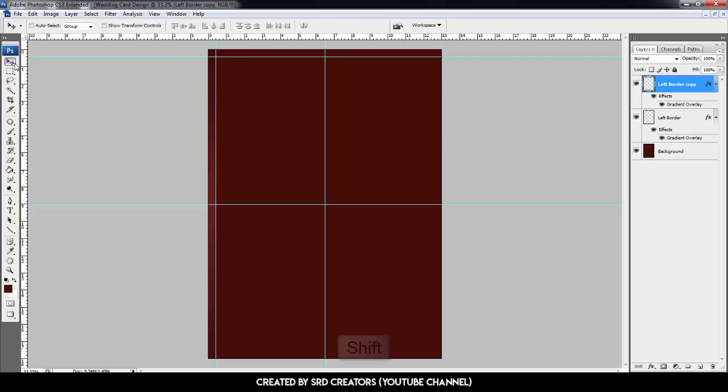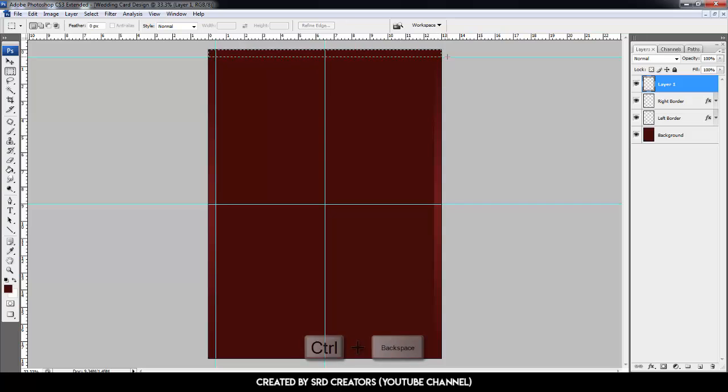Select the move tool. Hold Shift. Drag to the right side like this, and this layer is right border. Now we make the up and down border. Create a new layer by clicking this icon, select the rectangle tool, and make a rectangle here, press Ctrl Backspace, then press Ctrl